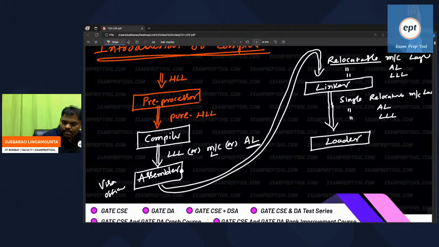Assembler is like a visa office. Suppose the visa people give you a visa, an indication that you are eligible to go from India to US. The visa stamp is there as the indication that you can go from India to US. Similarly, the assembler will do that. Without the assembler, if you go from the hard disk to main memory, it is almost like going from India to US without a visa.